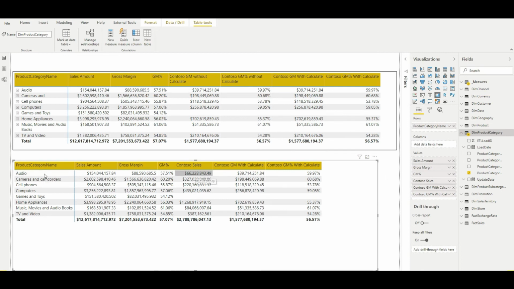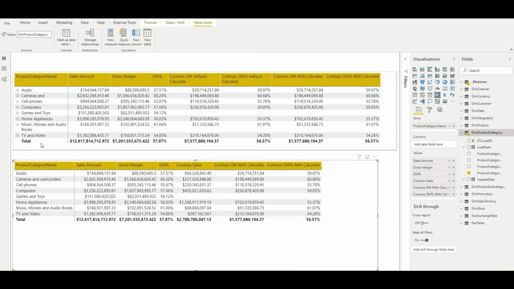One is the brand name itself, Contoso, which will always be there, and then whichever audio products belong to the Contoso brand, those sales would be filtered. Similarly for cameras and camcorders, and here you see the total sales for the Contoso brand. Similarly you will see the total gross margin with calculate.